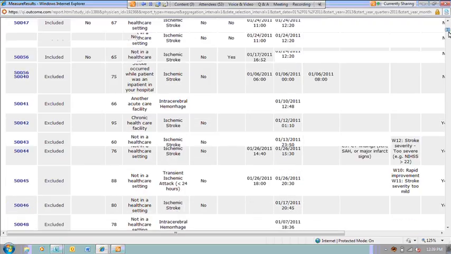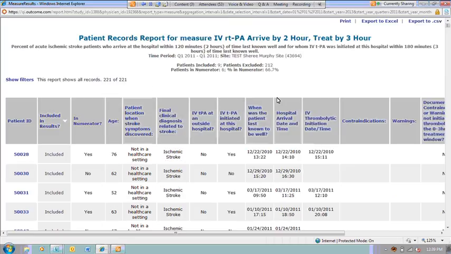You'll also see that in the columns across the top, we have the actual patient ID, or who the patient is, whether or not the patient is included in the results. So is this patient included in the denominator or deemed eligible for this particular component of care? And then whether or not they're in the numerator or whether or not they received the appropriate care.